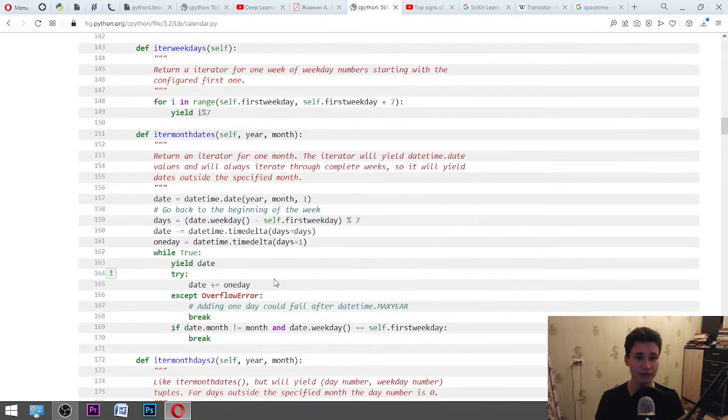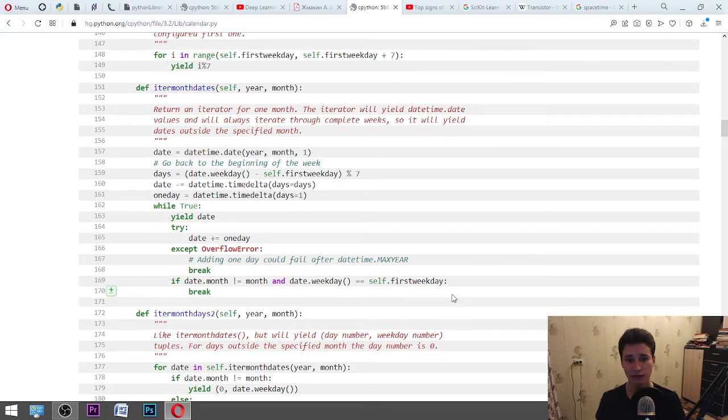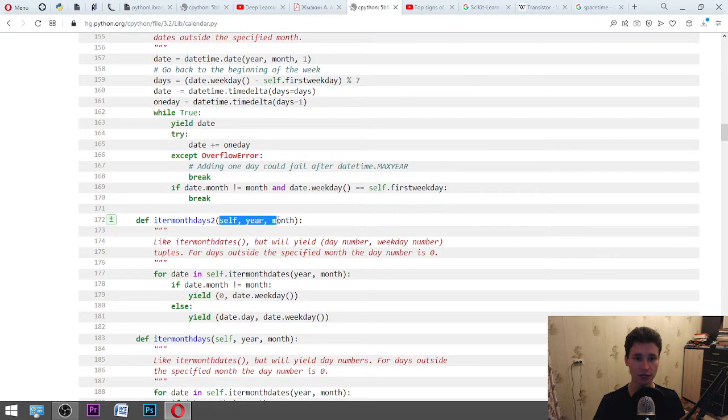While True: yield date. Try: date = date + oneday, except OverflowError: adding 1 day could fail after datetime.MAXYEAR, break. If date.month != month and date.weekday() == self.firstweekday: break. Def itermonthdays2(self, year, month):